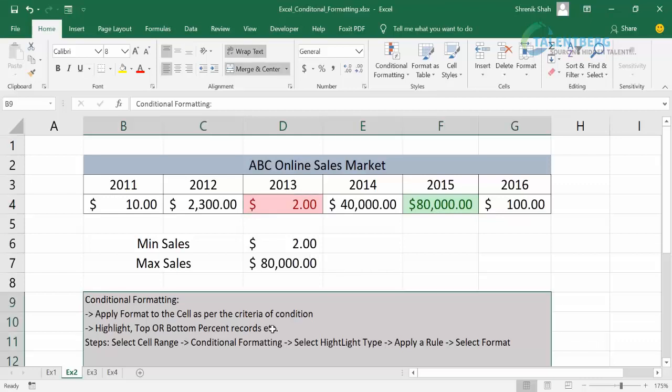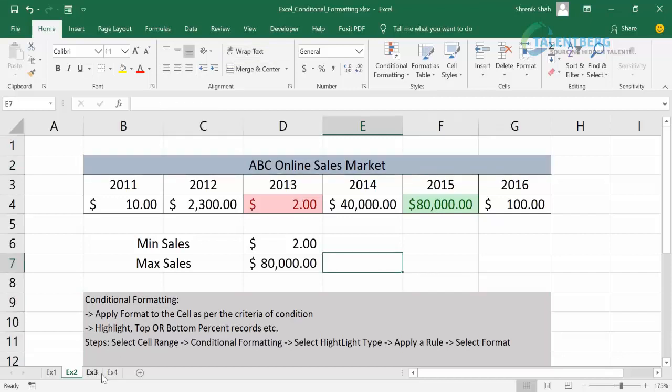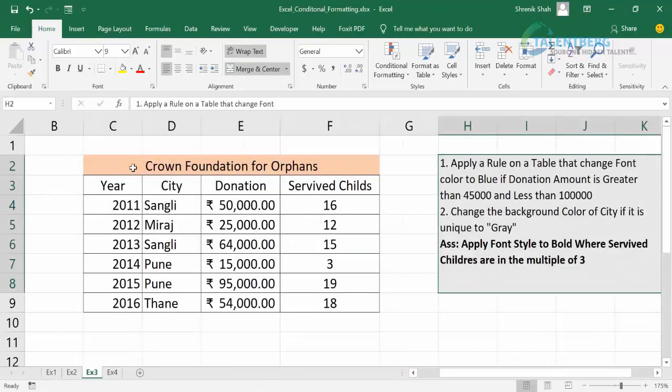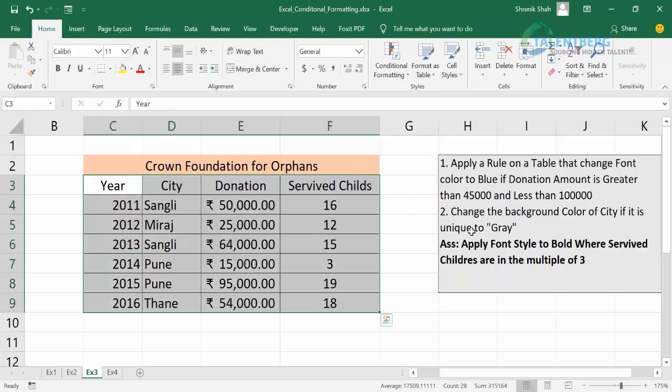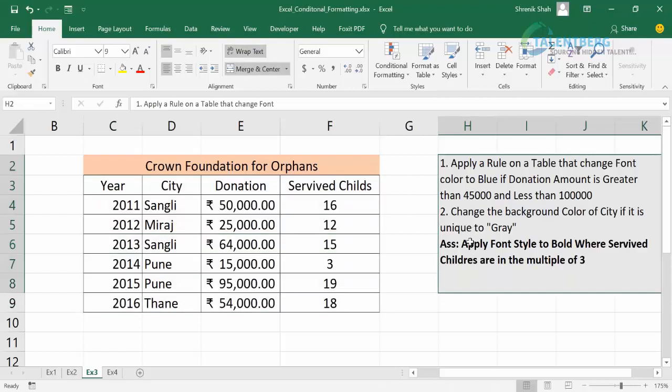So here we have steps to apply some effects on an Excel table. I am moving on to the third example, and in the third example, our table contains year-wise and city-wise data on how much donation is given to help children survive. So this is our Excel table. Some sample records are given, and here we have some questions.